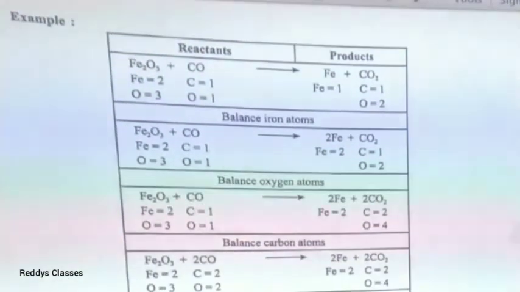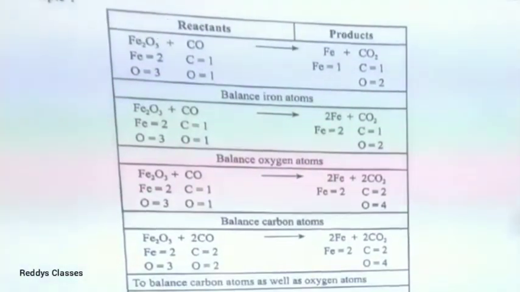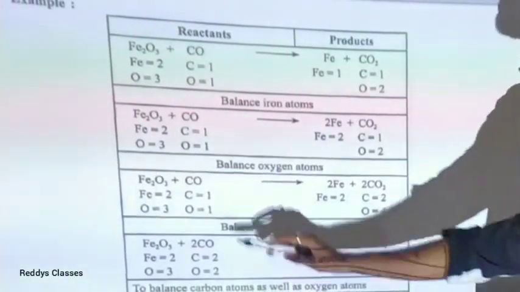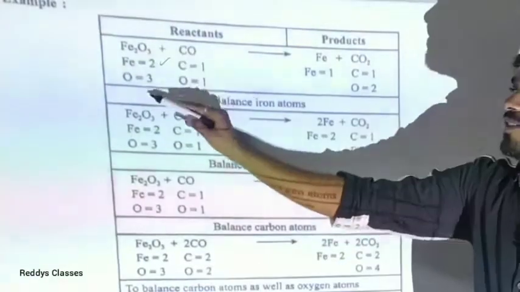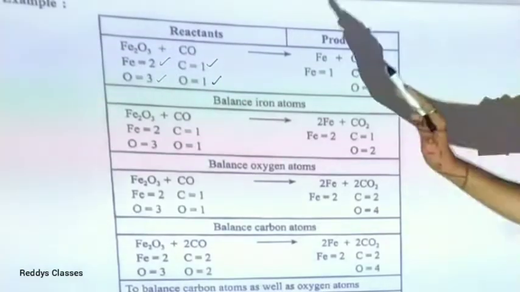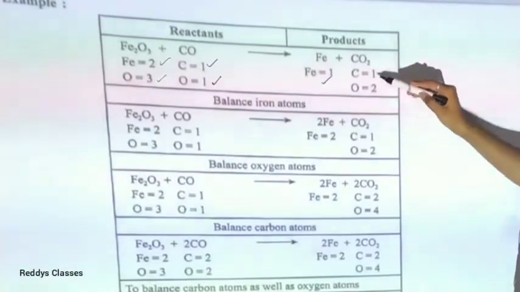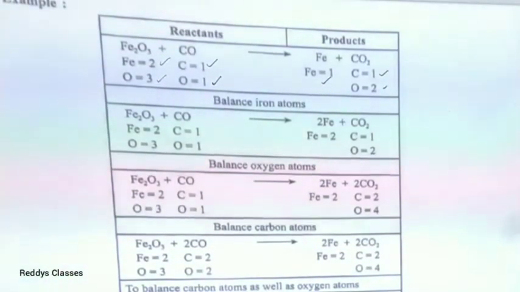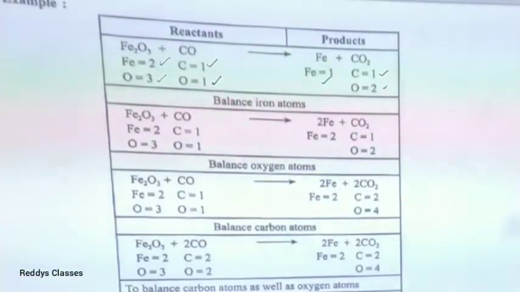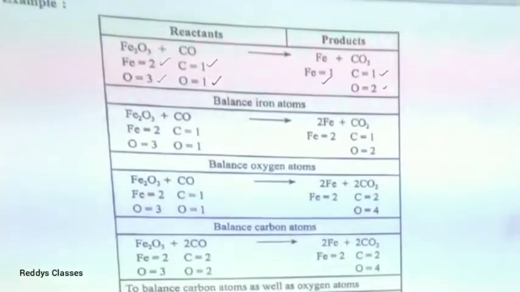You have been given a box here. See, first of all, let us start with the first example. Fe2O3 plus CO. The products formed are Fe plus CO2. You can see on this side Fe is 2, oxygen is 3, for carbon, C is 1, oxygen here is 1. Atoms, you wrote the number of atoms. Fe 1, C 1, O 2. You can see here oxygen is 3 plus 1, that is 4. Here 4 oxygen, here 2 oxygen. Iron Fe is 2 and here Fe is 1.